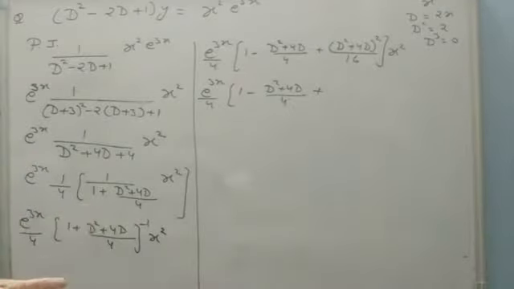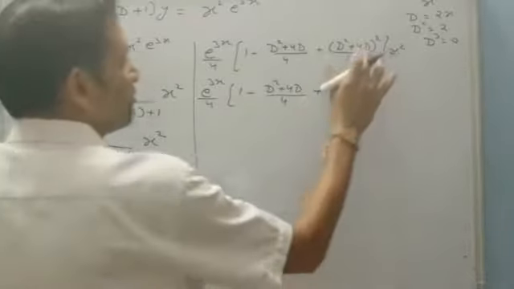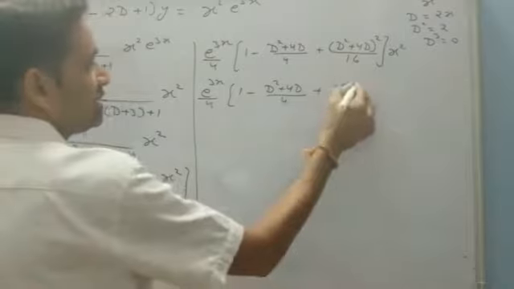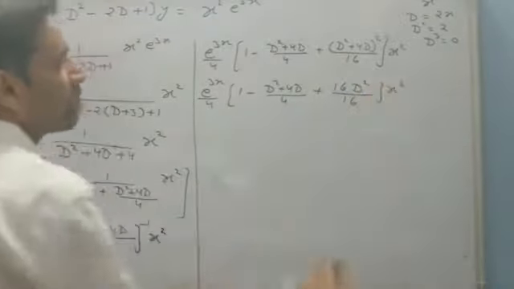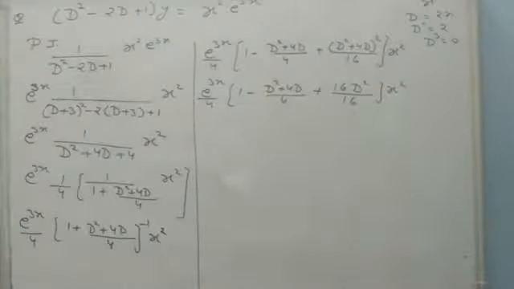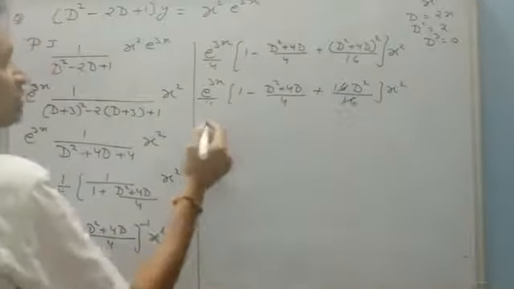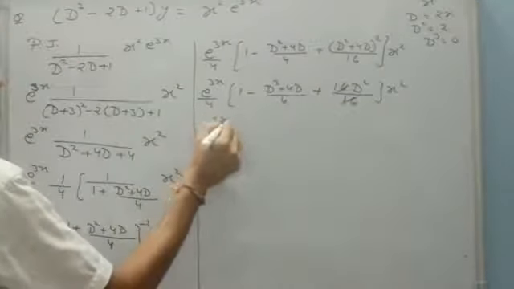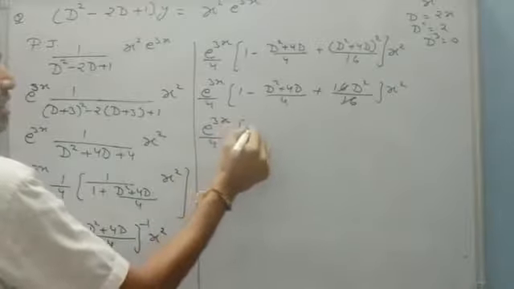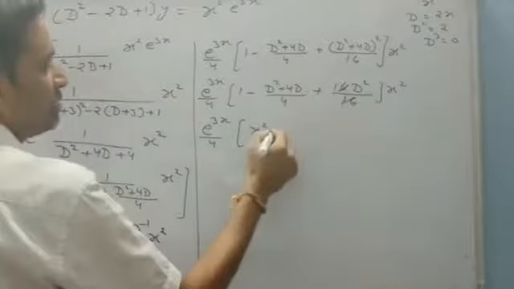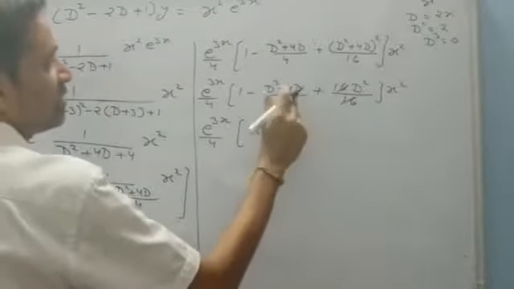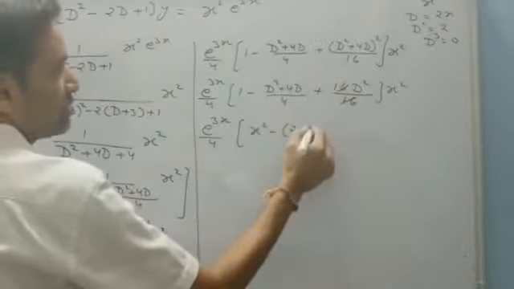Power 3, it will also become 0. So there is only one term which has the power 2, that is 4d square. This is 16 d square by 16 of x square, and all the other powers can be neglected. Here 16 cancels out. Now just multiply it. It will be e to the power 3x by 4 x square. Second derivative of x square is 2, so it will become minus 2 plus first derivative is 2x, 4 into 2x